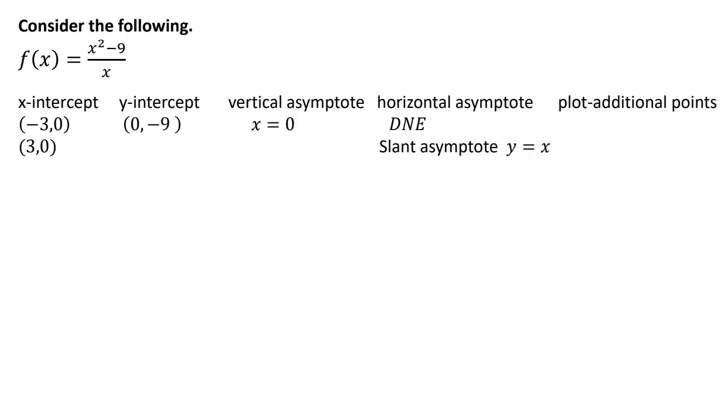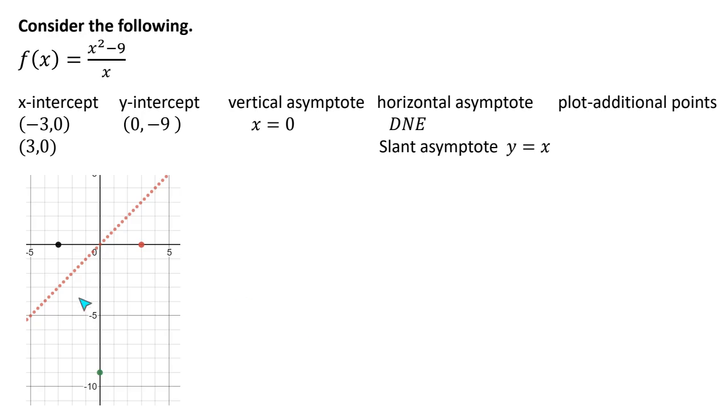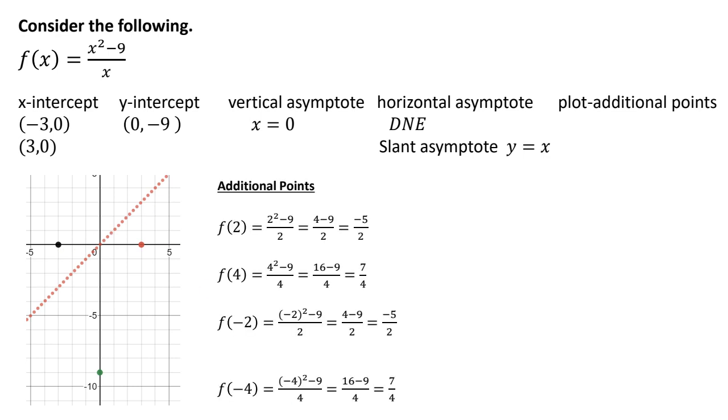So how does that look? Let's put it all together. My dotted line here is my y equals x, so that's my slant asymptote. Here are my two x-intercepts, and then my y-intercept is down here. And so I need to pick a few more points. And if you're not sure what the graph is going to look like,